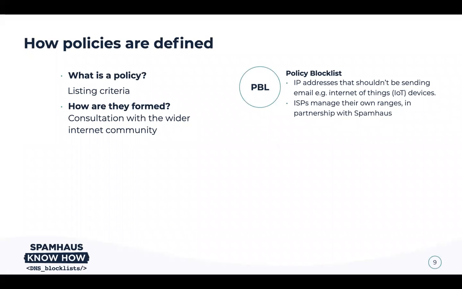Those are dynamic devices or end users that shouldn't directly send mail, anything like that: mobile, 3G, 4G, 5G, dynamic DSL, cable modems. Anything that's not meant for hosting actual mail servers. So the PBL is really a good example of how we work with the community